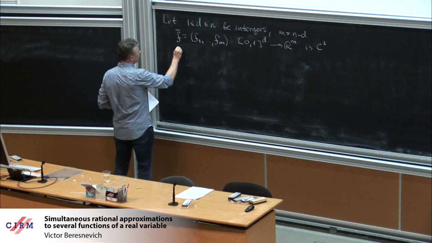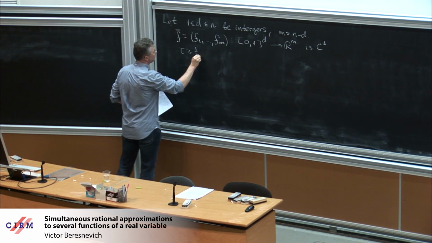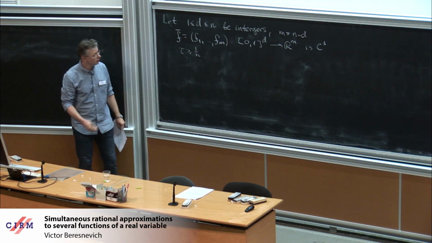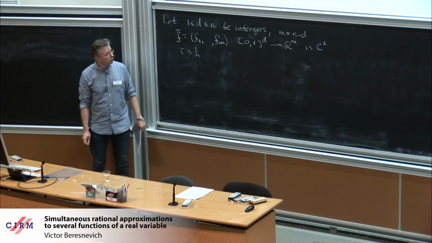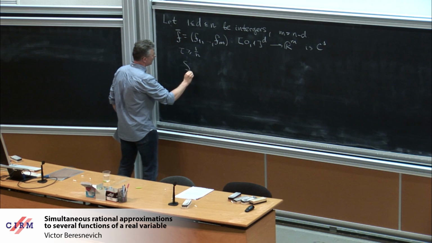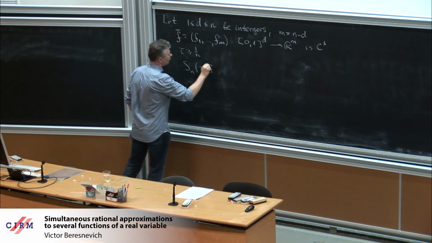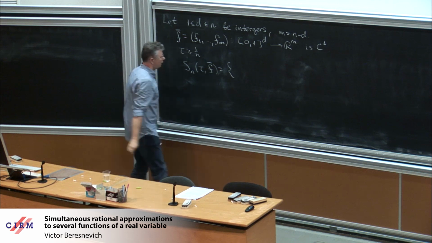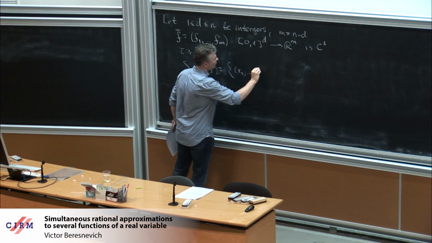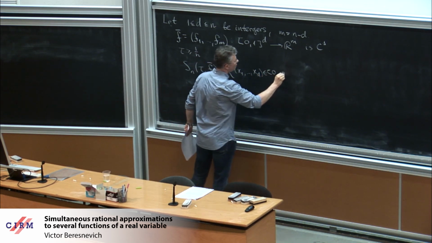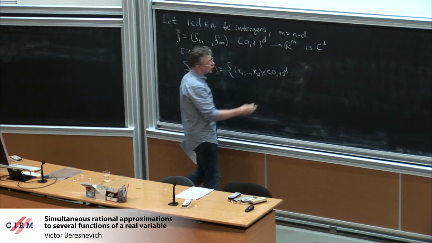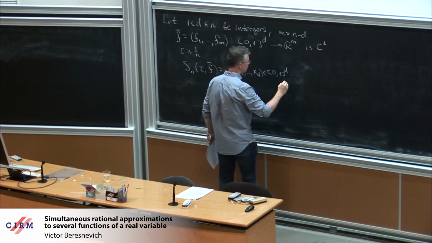I also have one more parameter, tau, which I will assume throughout is at least 1 over n. So this will represent the exponent of rational approximations. Finally, I will define this set S_n(tau, f), which will consist of all points x1, ..., xd in the unit cube, such that